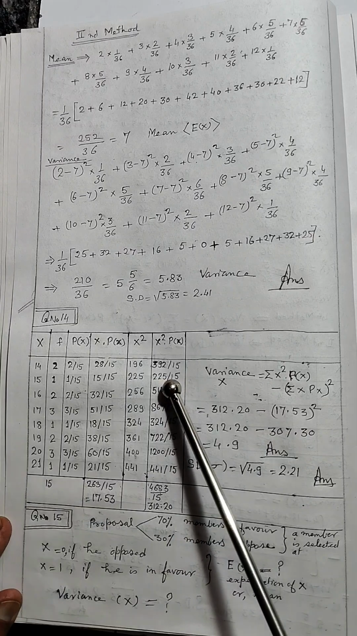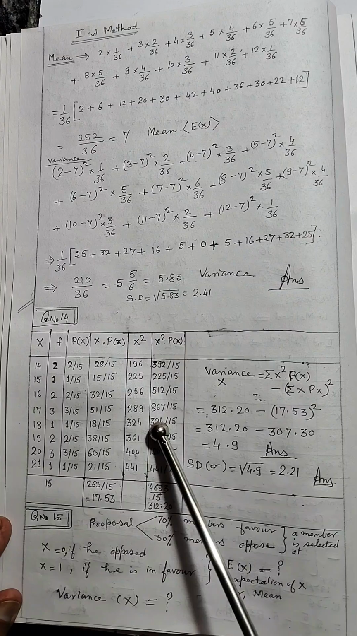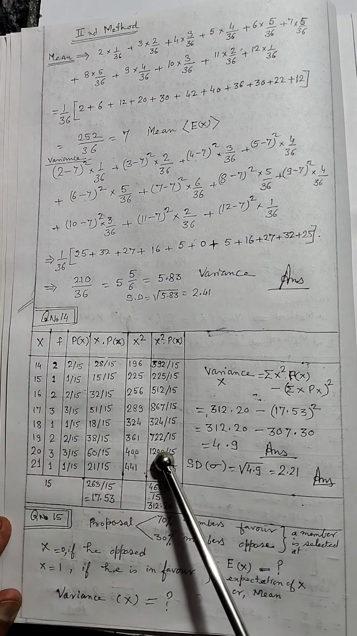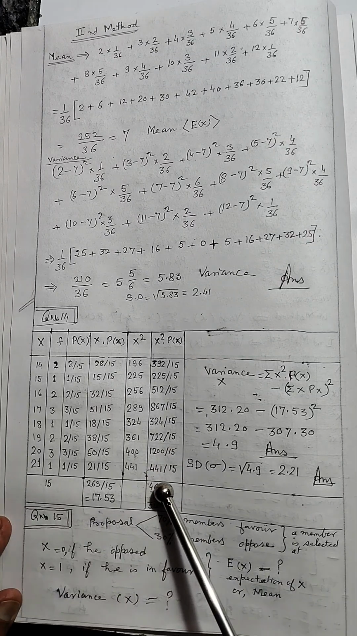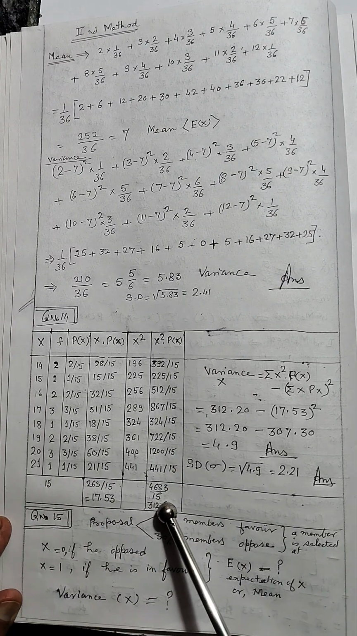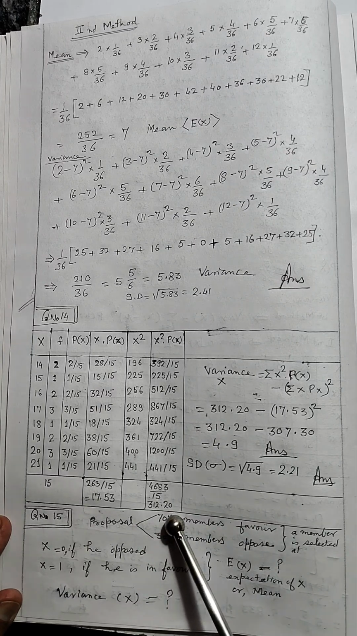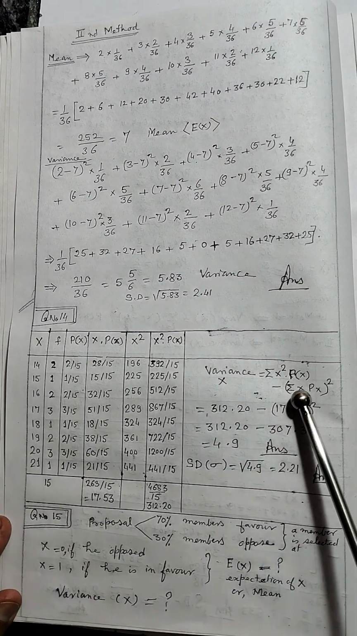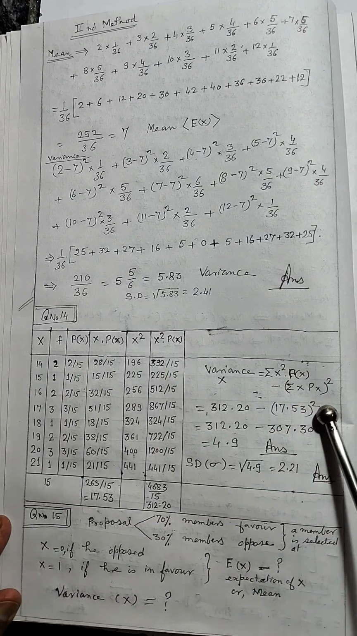It is 392 by 15, 225 by 15, 512 by 15, 867 by 15, 324 by 15, 722 by 15, 1200 by 15, 441 by 15 and the summation of it will be equal to 4683 divided by 15. After solving you will get 312.20. Now in order to find the variance, it is sigma X square into P(X) minus sigma X P(X) whole square,